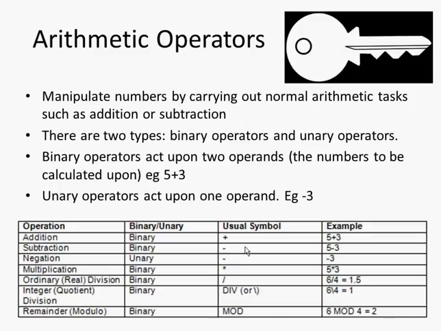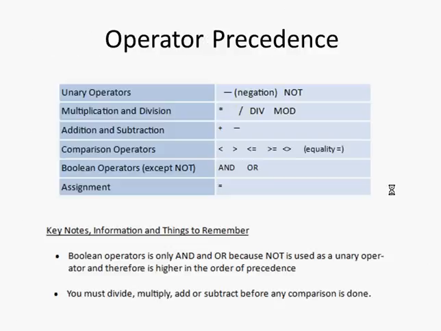If we go back to our table that shows our different arithmetic operators, one thing we will want to bear in mind is the use of BIDMAS. You should be aware of BIDMAS from maths: brackets, indices, division, multiplication, addition and subtraction, and that's the order that things are given precedence in normal mathematical equations. Well, the same thing applies with our arithmetic operators, and you'll want to try out some of that in your coding, and you also might want to do some further reading into something called the operator precedence, which